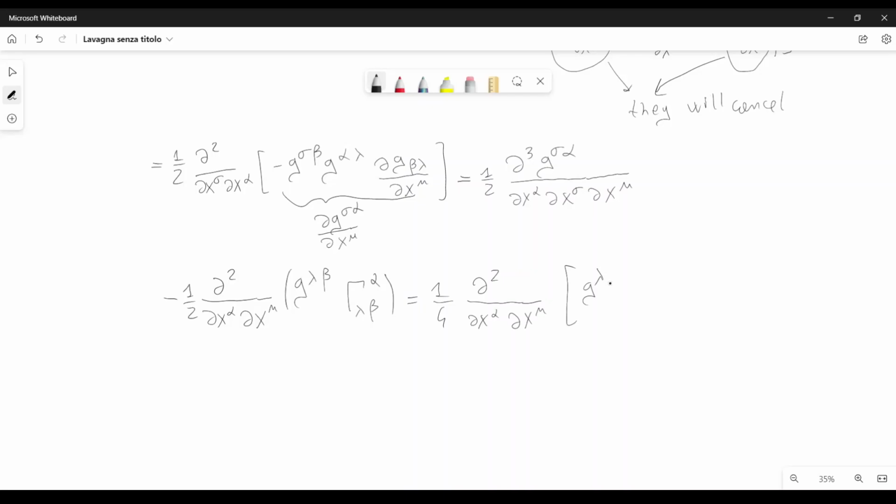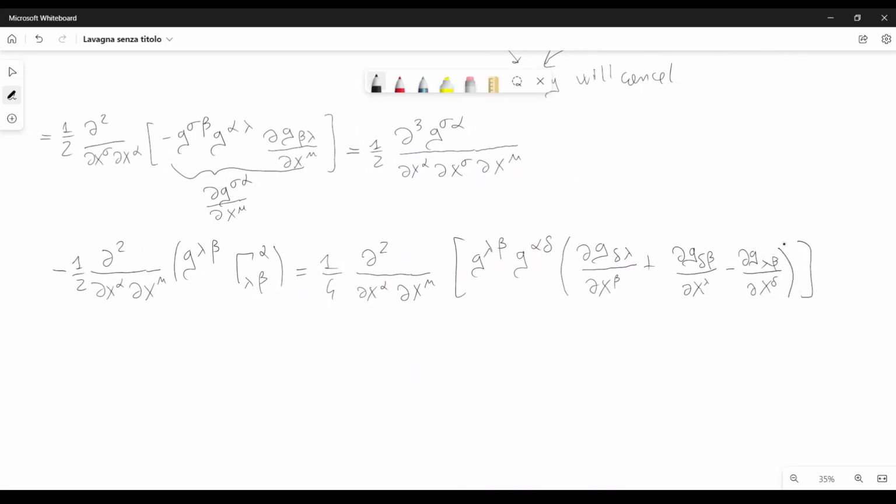We have g lambda beta, g alpha delta, and this multiplies dg delta lambda with respect to x beta plus dg delta beta with respect to x lambda minus derivative of g lambda beta with respect to delta. Let me close the brackets here, here, and here,